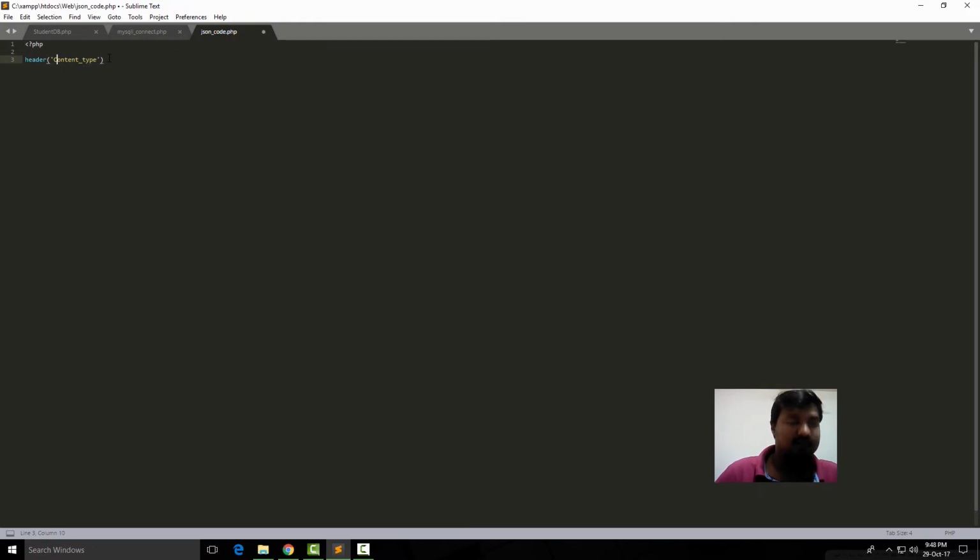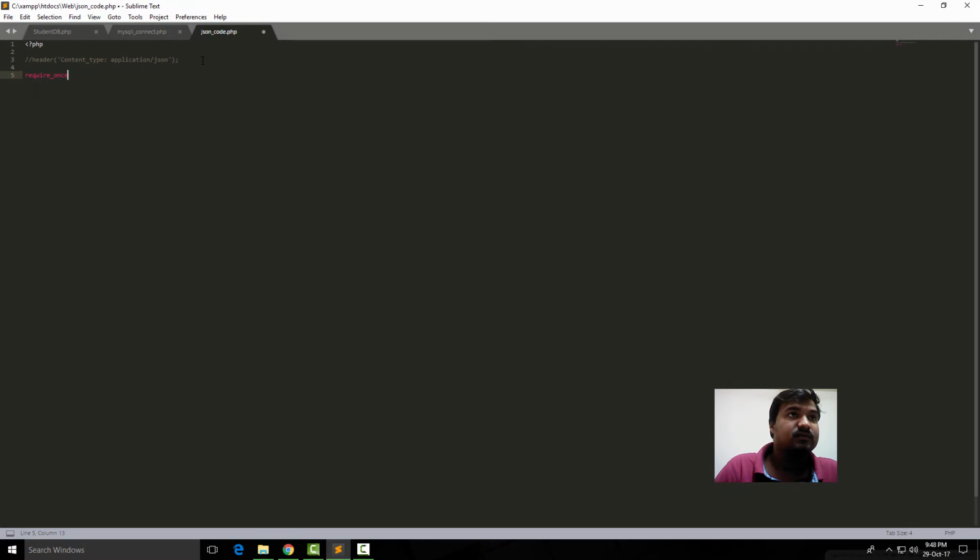Content type is the right header, application JSON. Now I want to actually highlight this, comment this. This is not actually what I want to do, I just want to show. Now I have to